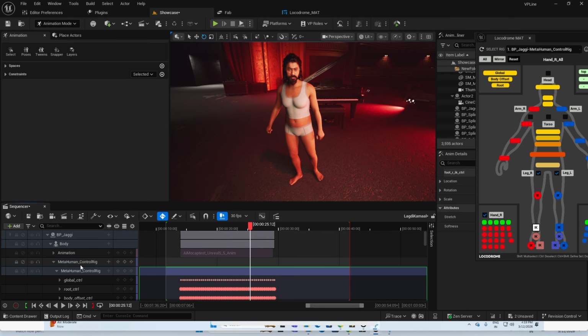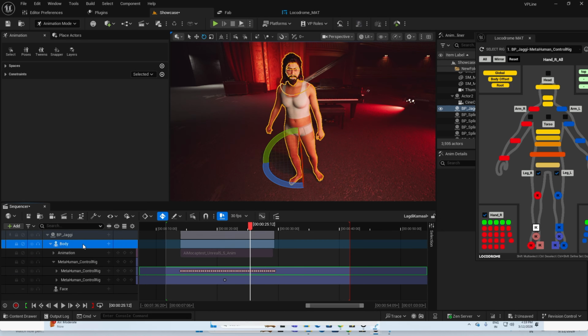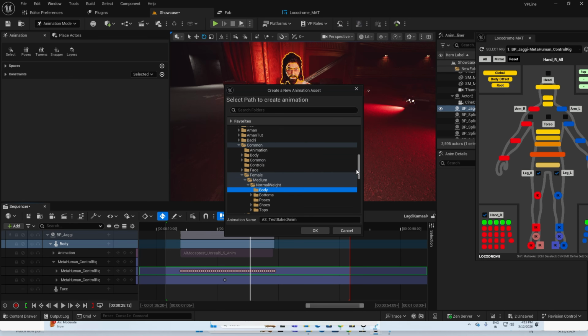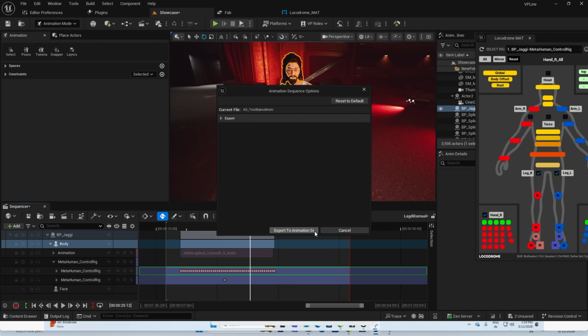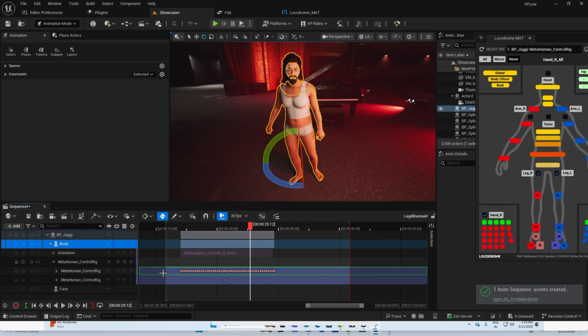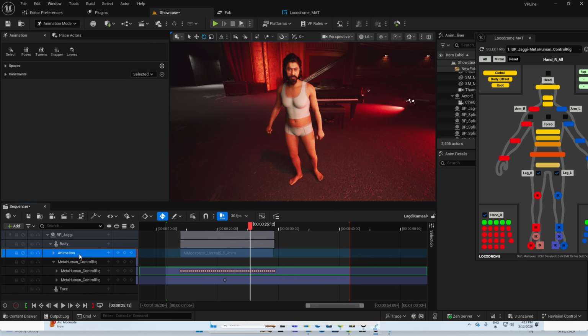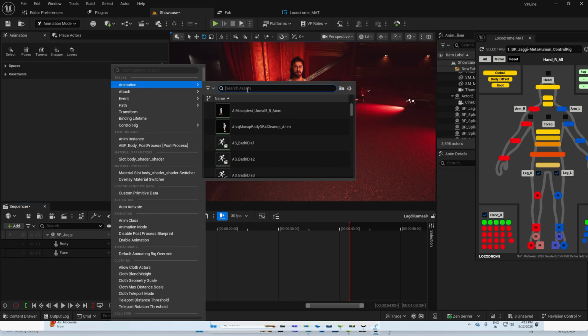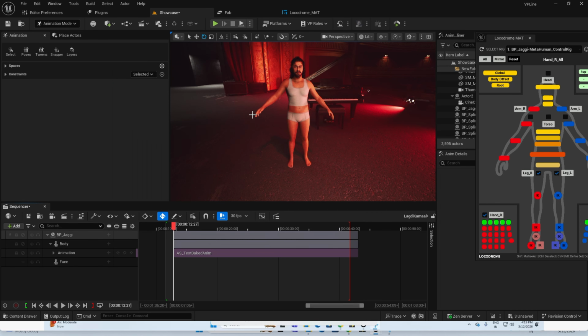And once we are happy with what we have created, we can just go back to body, right click, bake animation sequence, name it as test baked anim, also give it a prefix as animation sequence, and save it in a folder we like, and save it somewhere here. Export settings can be left as default, and I'm gonna just export animation sequence. Once this is done, I can just delete everything and just go to body, animation, test baked animation that I just saved,